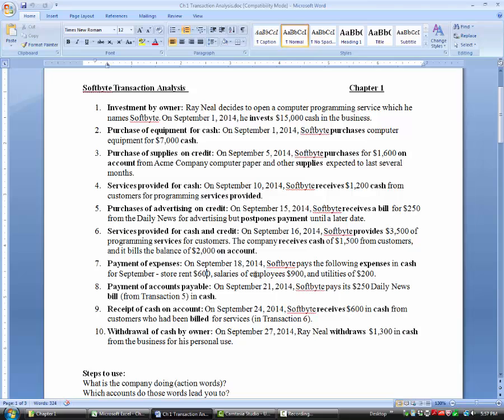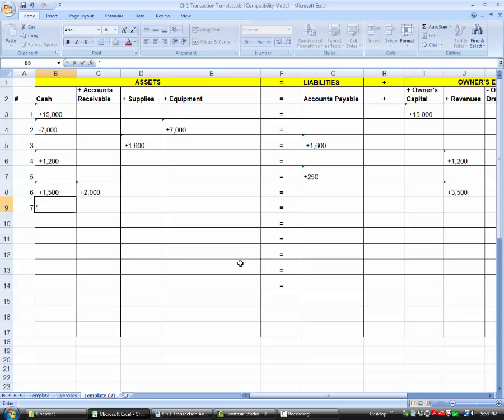But the store rent is 600, salaries of employees 900, and utilities of 200. So these amounts together are going to add up to $1,700. So Softbyte must have made a payment of $1,700 in cash for these various expenses. So let's go ahead and record this transaction. As we said, they made a cash payment, so cash goes down by 1,700, and then we also have the